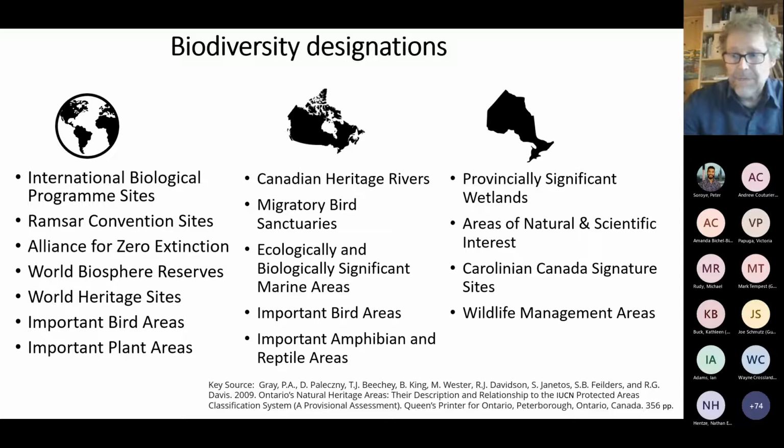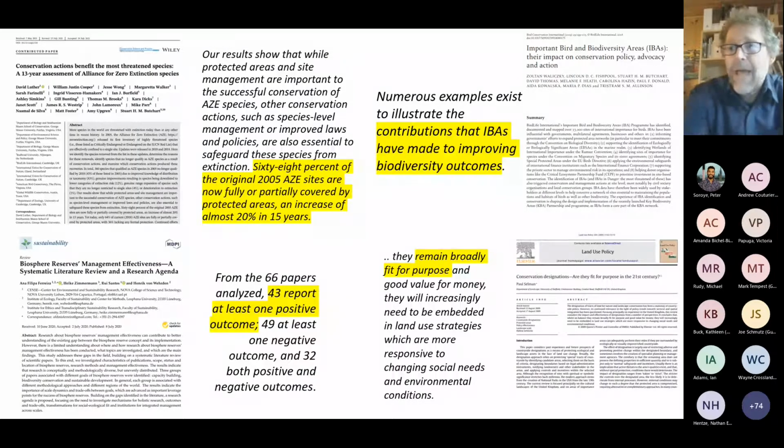As Peter said, these are generally not protected by a government agency or a land trust, and their boundaries aren't enshrined by some legal mechanism. So the question I often get is, do these biodiversity designations work, and how effective are they? Well, we're going to hear from Andrew and Amanda about how important bird areas are effective,